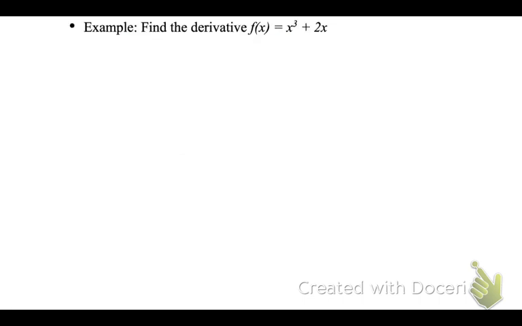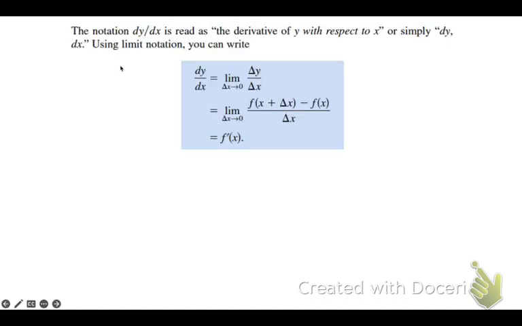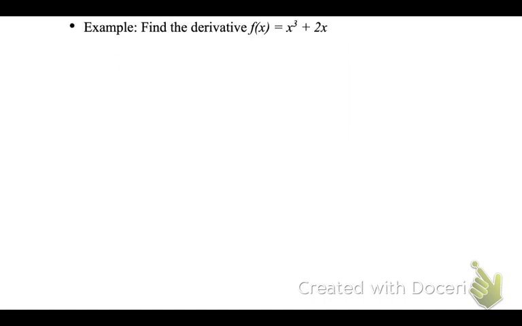So find the derivative of f of x equals x cubed plus 2x. Guess what I didn't do? Okay, so we're going to find dy dx of x cubed plus 2x. And I'm writing it this way so you know this says find the derivative of y with respect to x of x cubed plus 2x. So dy dx